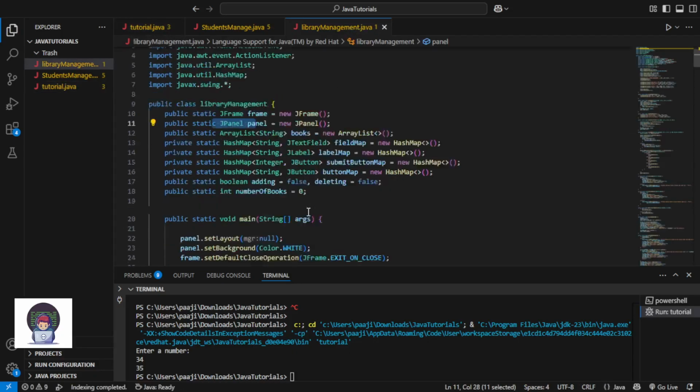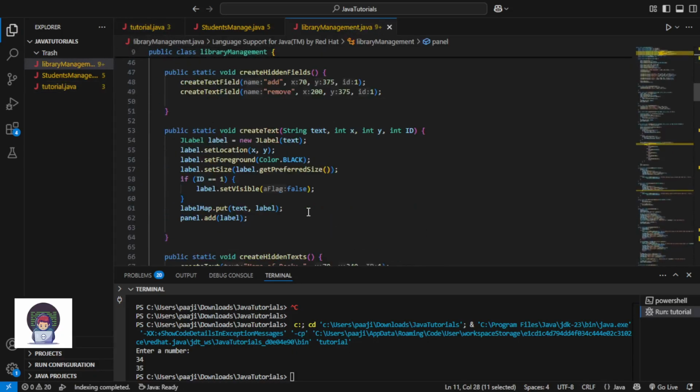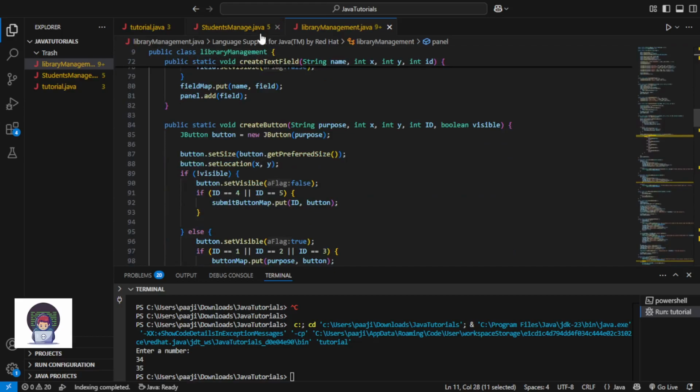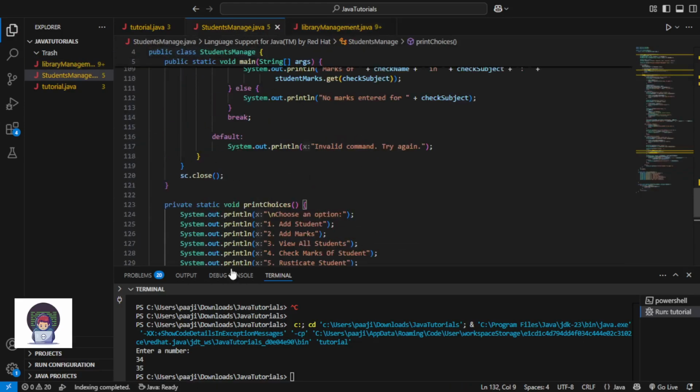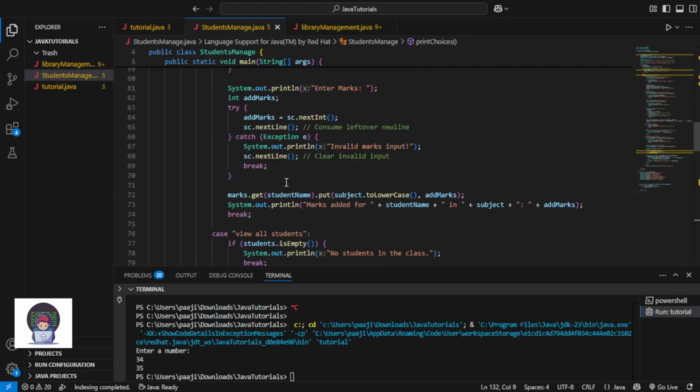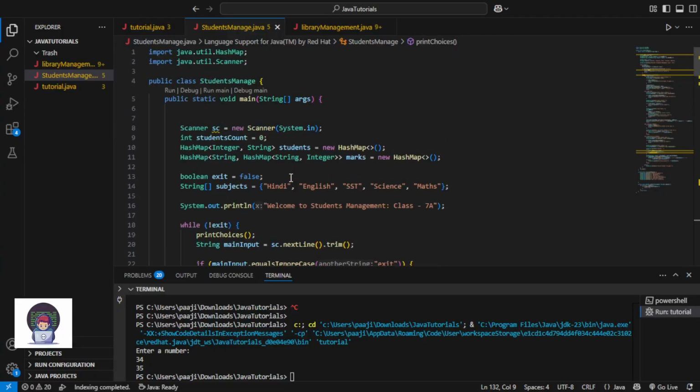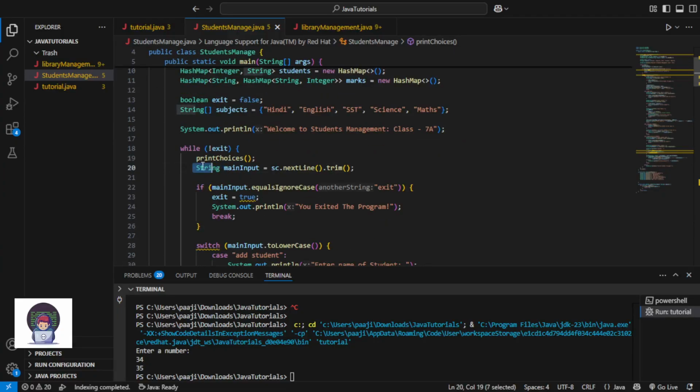I've also done it in here. You can see that in here I have used sc.next up here. See, String main input is equal to sc.nextLine().trim(). Do you remember? For strings we use nextLine, not nextInt, not nextString, this won't work.